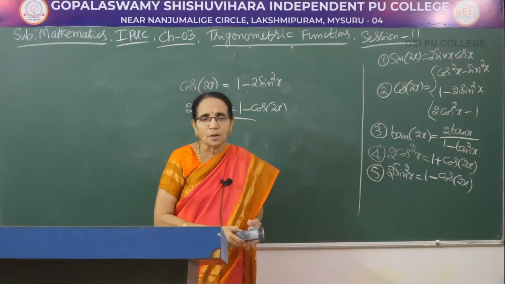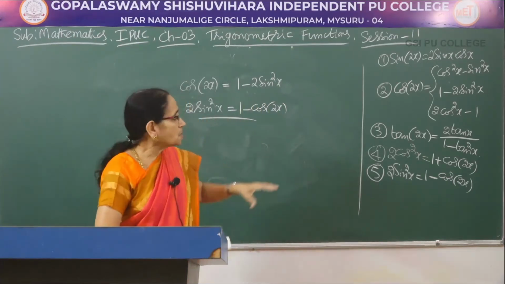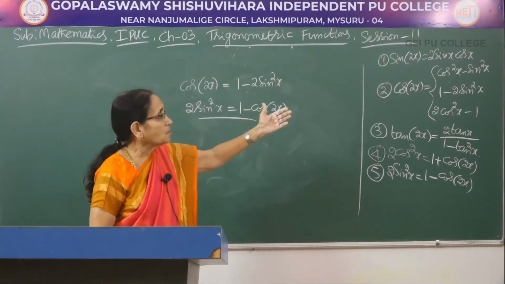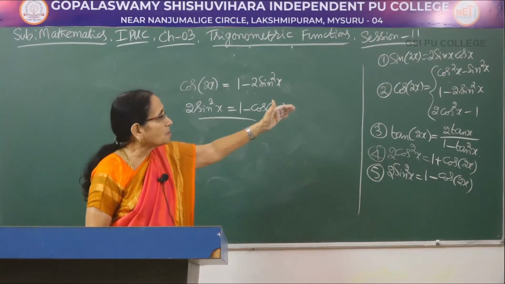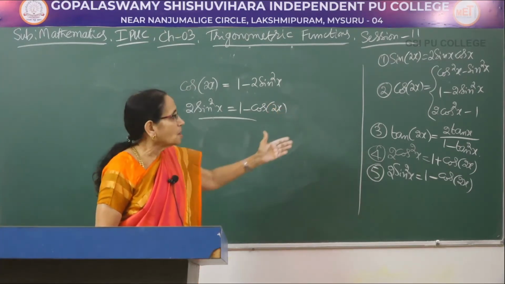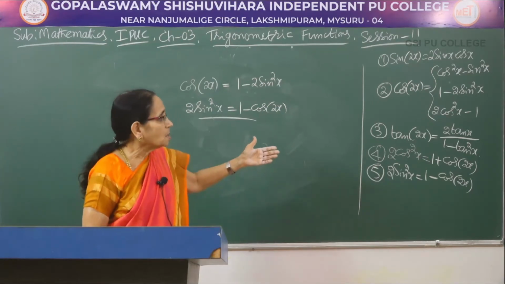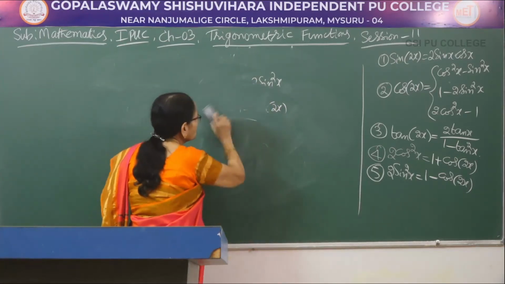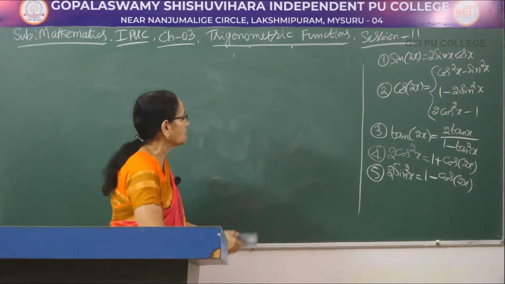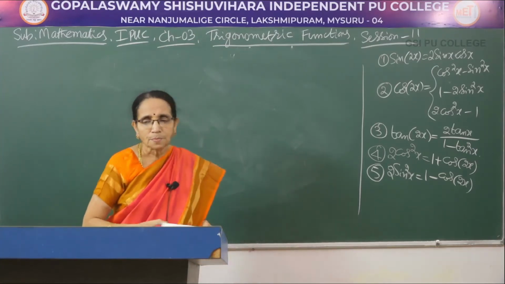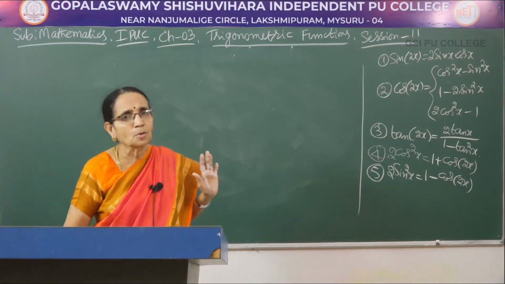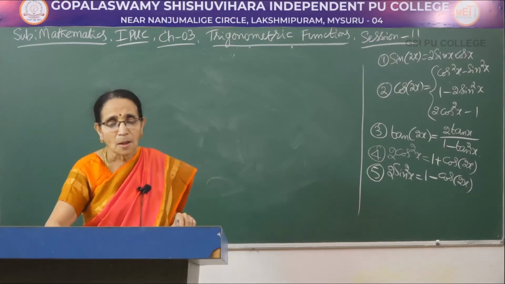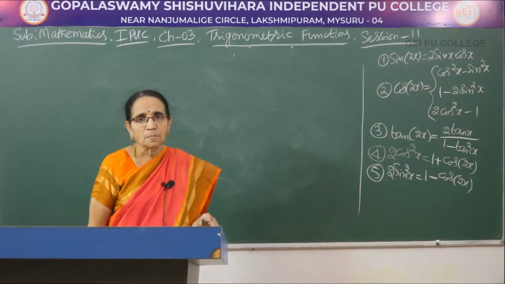Actually, this fourth and fifth we are not deriving directly. They can be expressed using the second formula, that is cos square x minus sin square x. Only the second and third versions of that second formula could also be expressed in another way, where the power of the function is expressed in terms of the multiple angle. See, sometimes we need this particular result, that is why I am giving that information. So, fourth and fifth usually they do not ask you to derive, the first, second and third can be expected for a 2-mark question. Now, 2 more formulae.